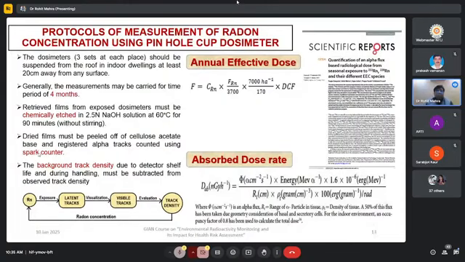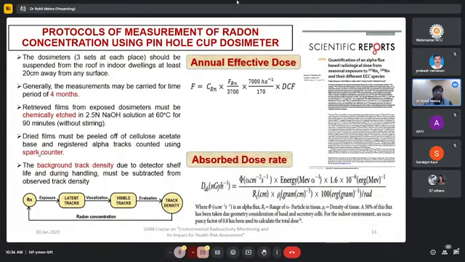And then after removal, generally it is recommended to do a chemical etching of these detectors. The reason is that otherwise the detector will remain sensitive. So you do the chemical etching, you develop those films, and finally after chemical etching, those films are good enough that they will not be affected further by the natural environmental radioactivity present in the air, and you could count at any time.